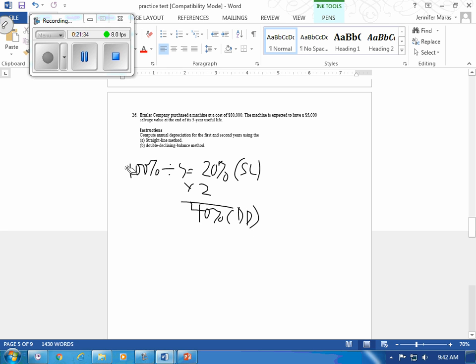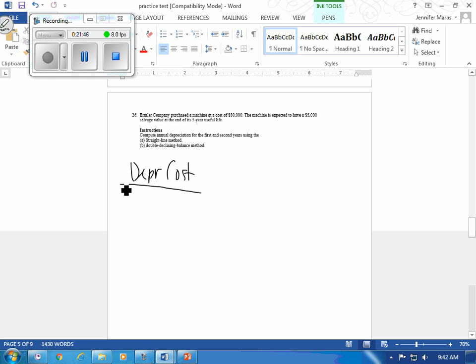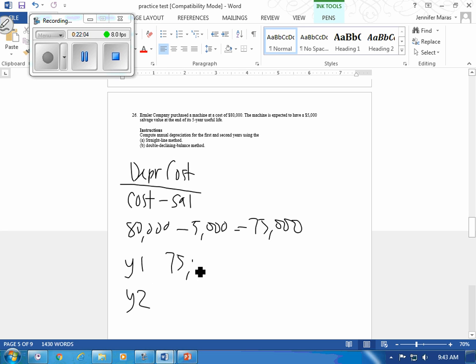Straight line. Do we just roll right into the $80,000 machine, or what do we have to do? We need the depreciable cost. So cost minus salvage value. In this case, it's $80,000 minus $5,000. So year 1, year 2, we'll start at 75,000 times 20%. Next year, 75,000 times 20%,